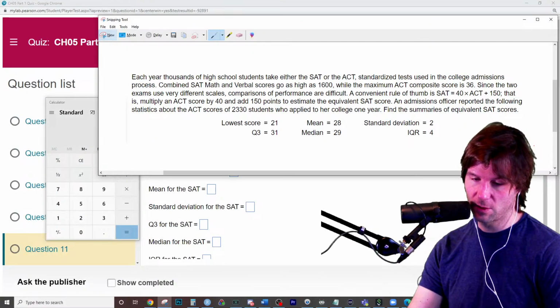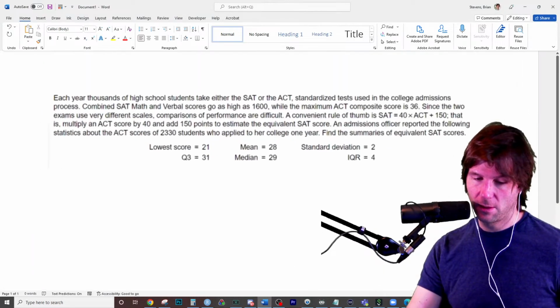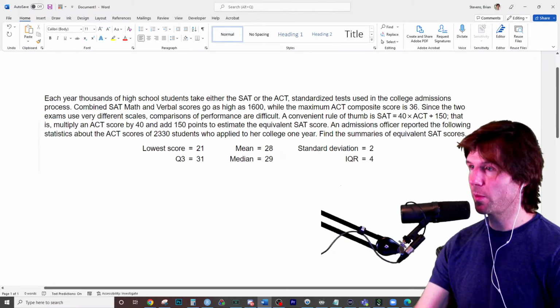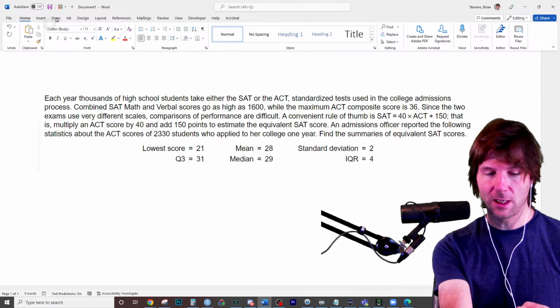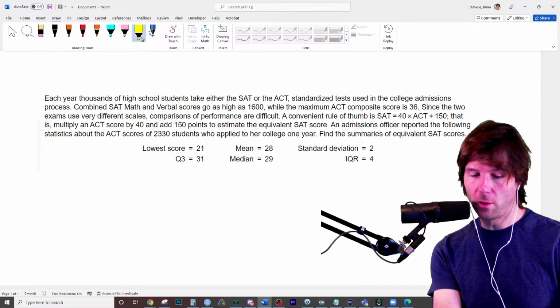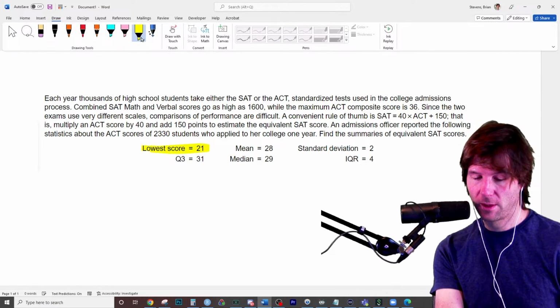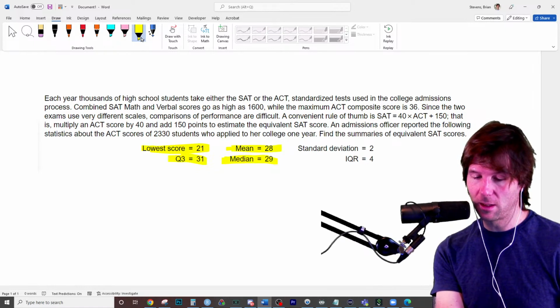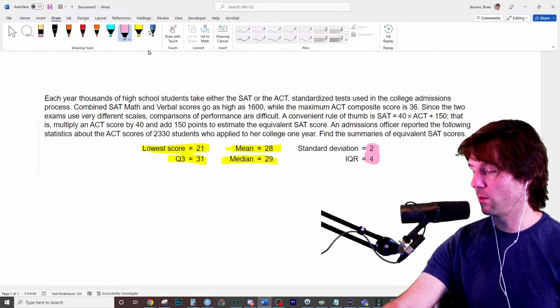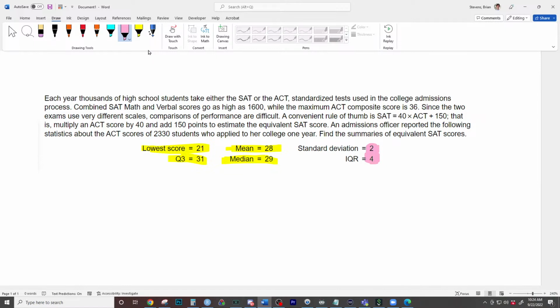So let's go over here and convert these right here. We need to run through and convert as many of these as we can. The ones we can convert right now nice and easily are going to be the lowest score, which is the min, the Q3, the median, the mean, but we can't convert these right now. We can't convert those. So let's go ahead and start working with this. When we have our data right here, we're just going to plug into this formula the ones we can convert. Let's highlight it with the yellow.